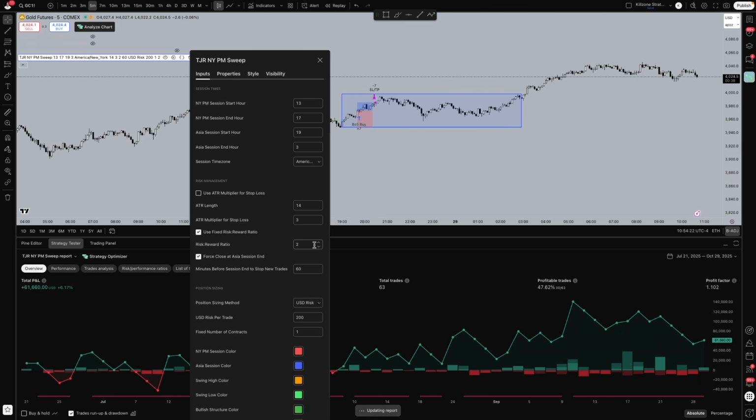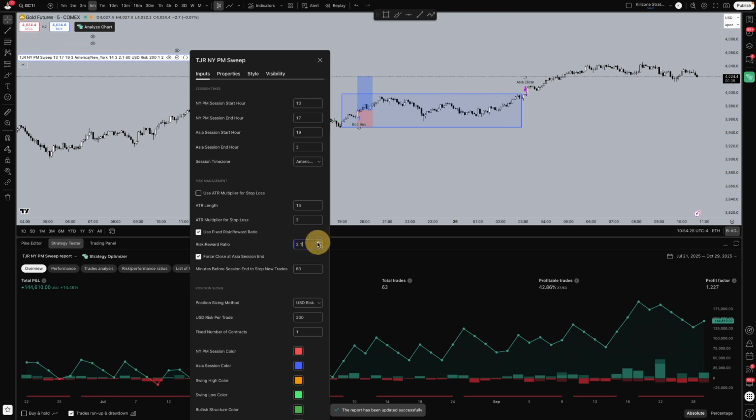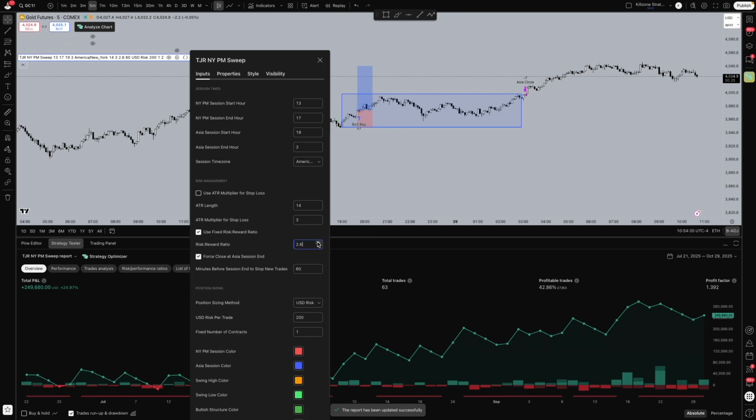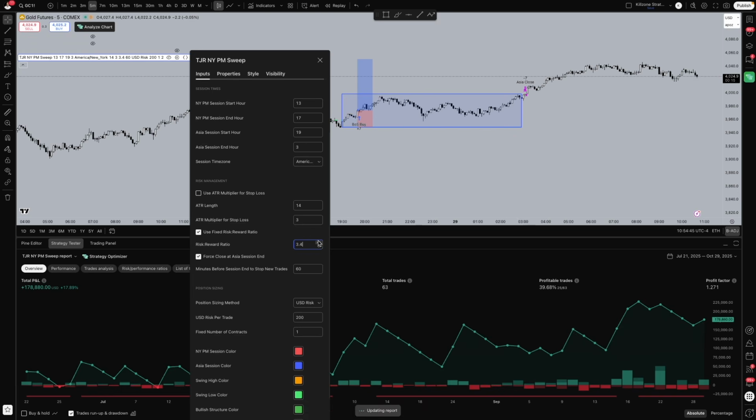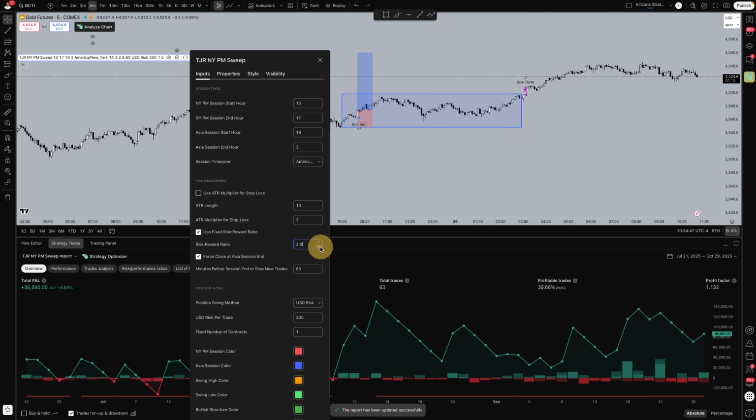Now, use fixed risk reward ratio. Seems to be a little better. Ooh, that's probably the most important setting here, because my theory is if we're wrong anyways. If we're right, we might get much more than just the opposite side of the range, and then a 1 to 2. Okay, the sweet spot seems to be like a